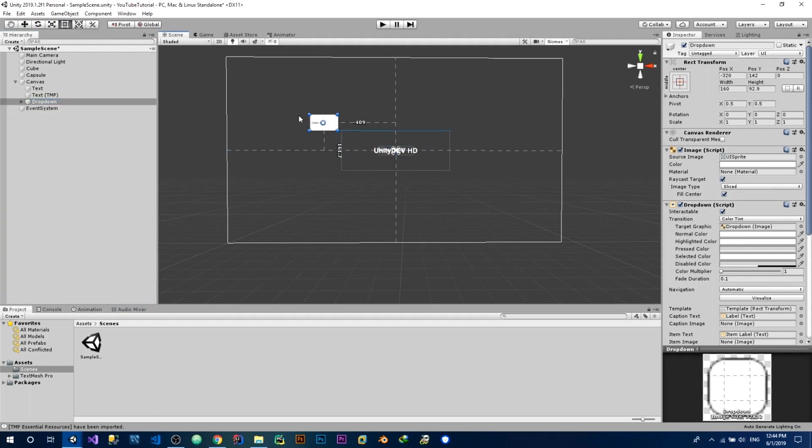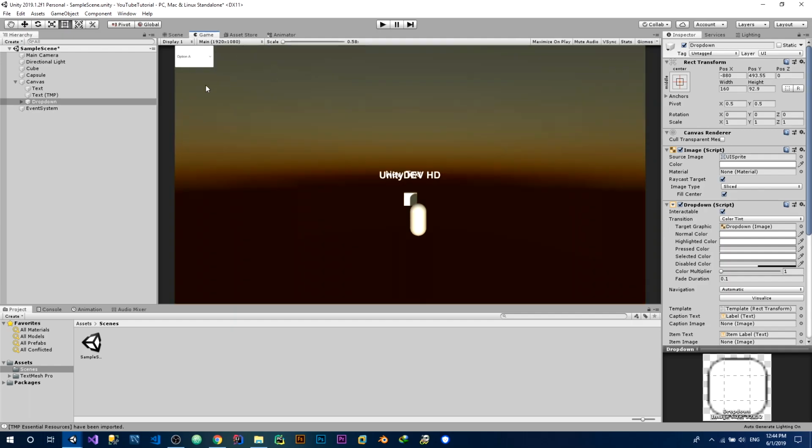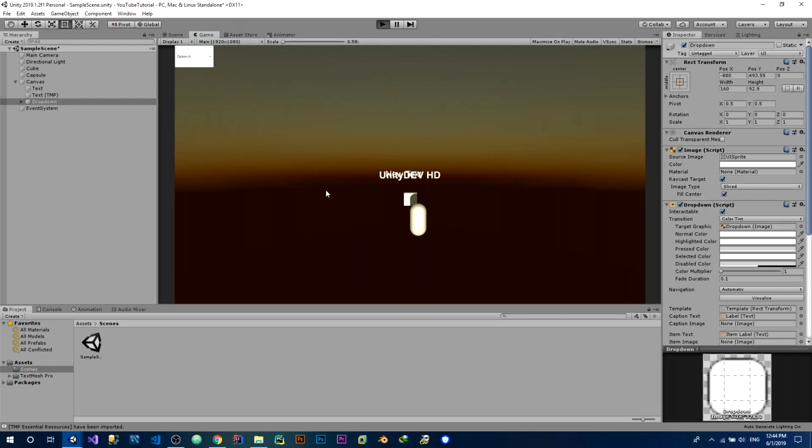For example, if I just drag this here in my game scene and press play, you can see that without any coding, I can click on this drop down and see all these things. Of course, you can give functions to these different drop down elements by using code,